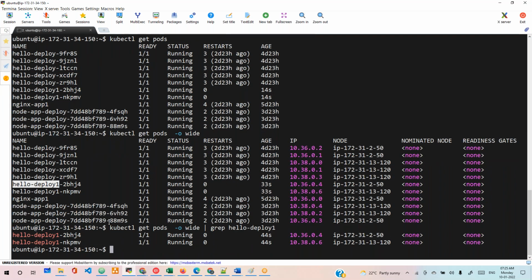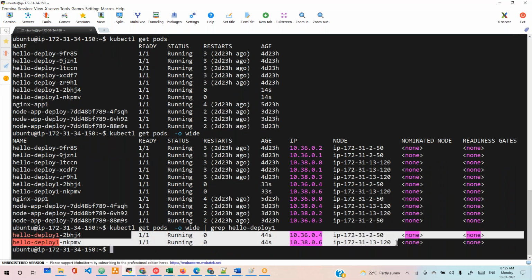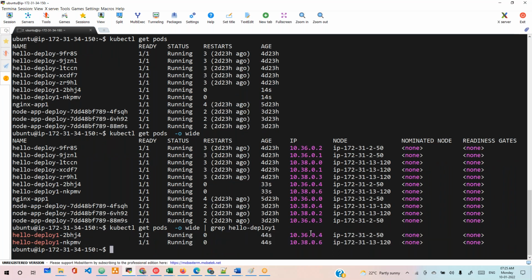For example, you mentioned two replicas and they are running on the two nodes. Then even if you go for the replica set again,